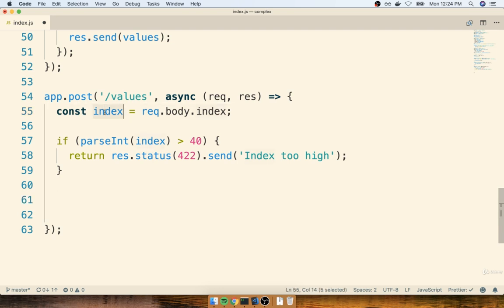So now that we've got this index, or the number that we're going to use to calculate a Fibonacci value, we're going to first take that value and put it into our Redis data store. So I'll say redisClient.hset values. We'll put in the index, and then as the value for that index, we're going to put in nothing